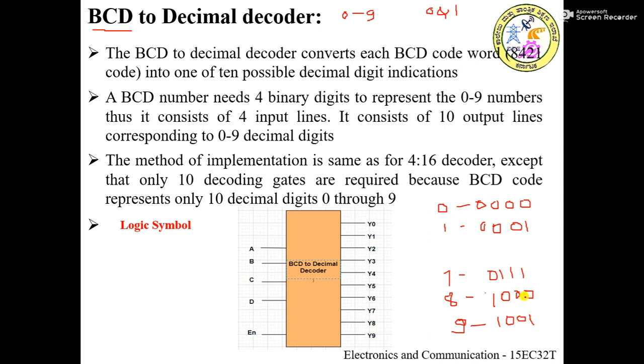Now the question may arise, why are we representing the numbers using a 4-bit binary sequence? Remember, 0 can be represented simply by writing a single 0, and if you want to represent 1, I can use 0 1 only. But why is a 4-bit sequence required here? Because till the number 7, only 3 binary bits are enough. But if you want to represent number 8 and number 9, we need at least 4 binary bits.